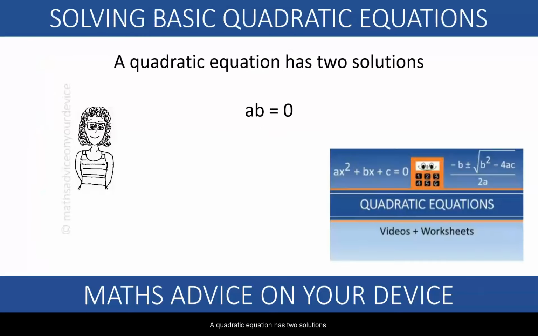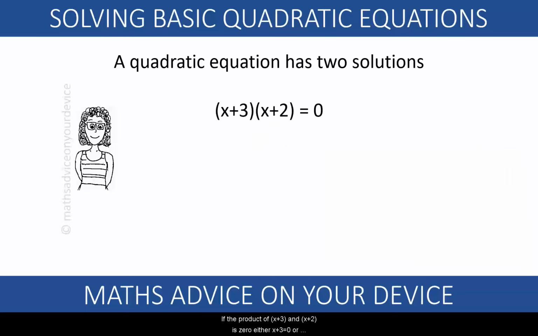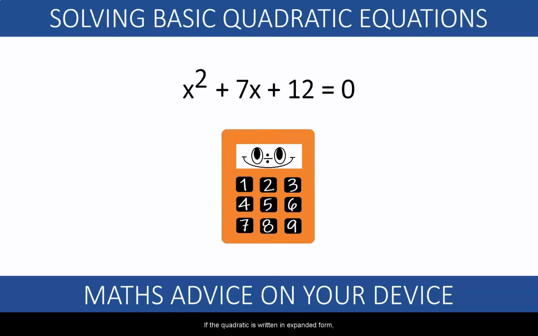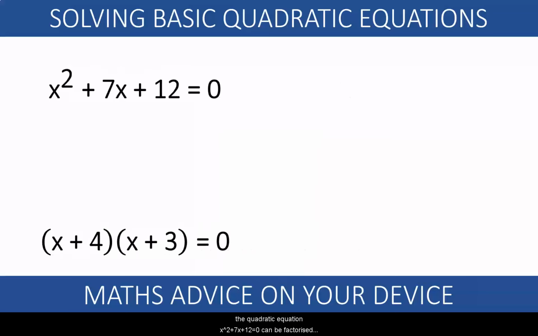A quadratic equation has 2 solutions. If the product of 2 numbers is 0, either a equals 0 or b equals 0. (x plus 3) times (x plus 2) equals 0 either when x equals negative 3 or x equals negative 2. If the quadratic is written in expanded form, you should try factorizing. For example, the quadratic equation x squared plus 7x plus 12 equals 0 can be factorized as (x plus 4) times